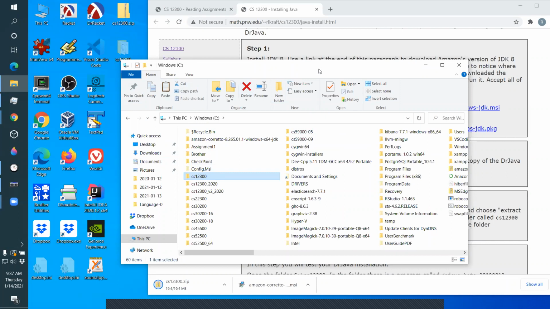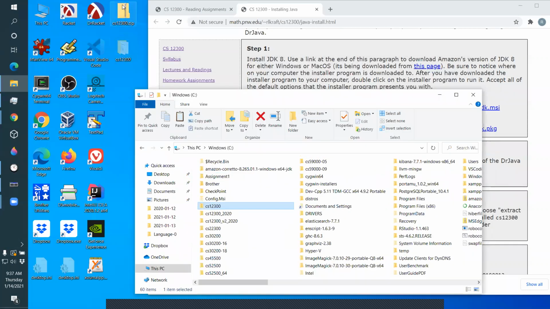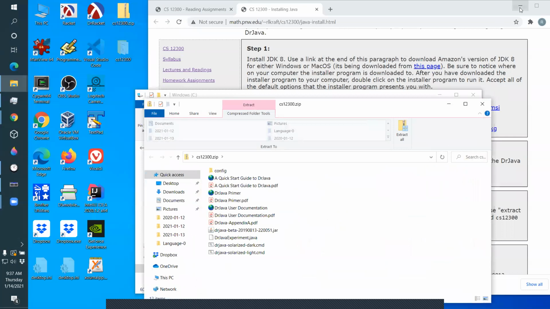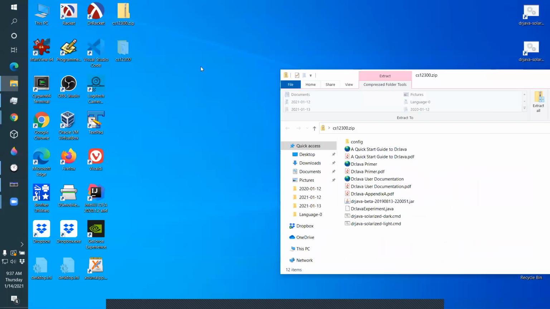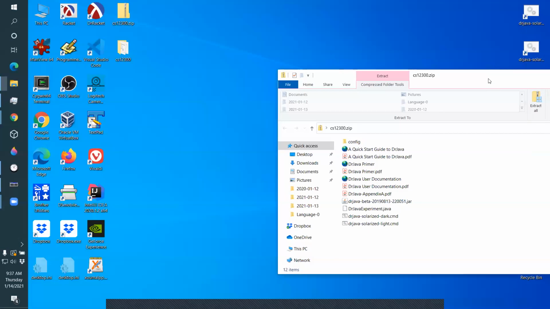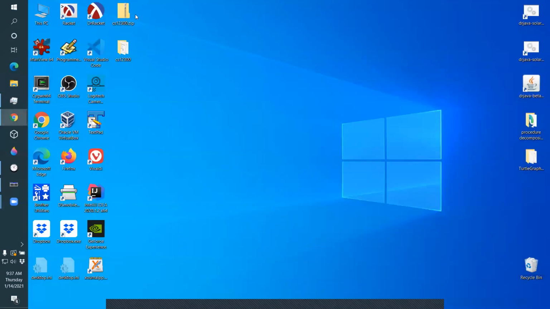Okay, so you could possibly delete the zip file, because if you double click the zip file, remember I pointed this out the other day. Here's the zip file, here's its unzipped folder. Remember, this is something we talked about the other day, but you have to be really careful about this. If you double click the zip file